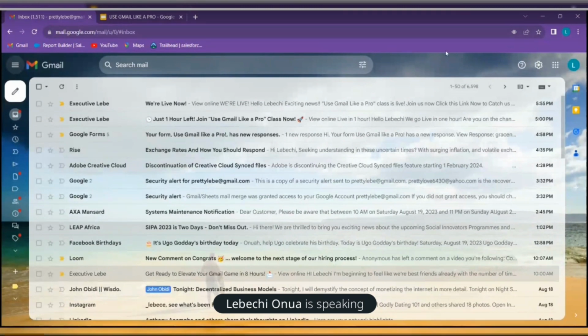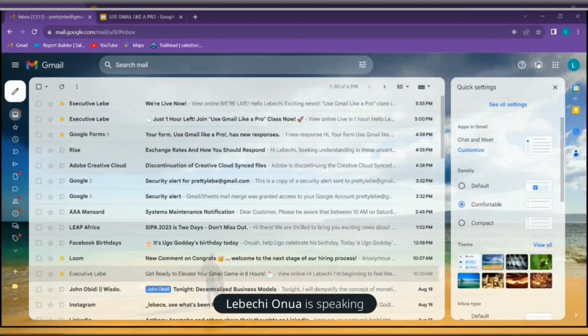So now let's go into personalizing your Gmail. To personalize your Gmail, we have a few things you need to do. First of all, we look at density. So right now it's in comfortable. So the default setting allows that